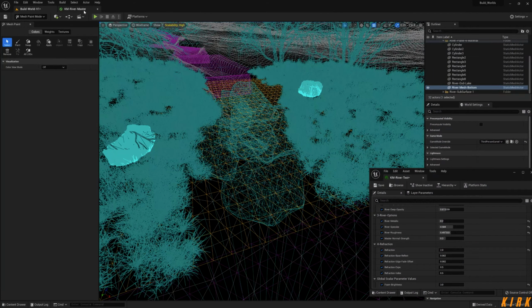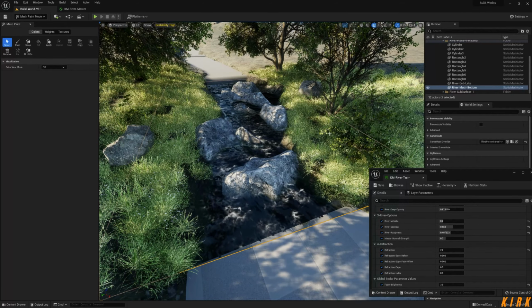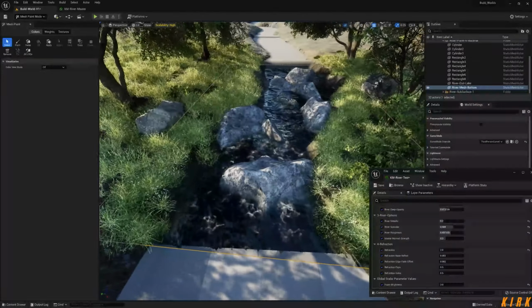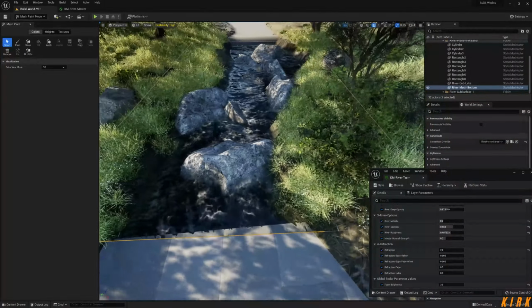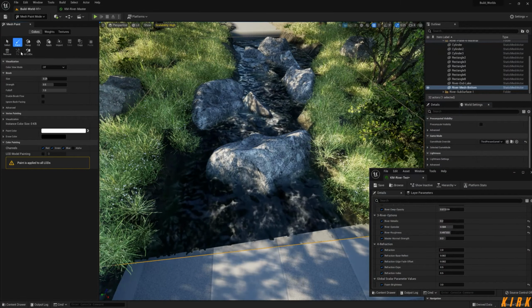And then what that means is we could change our different textures and just paint on what we want. But this is not a mesh paint mode tutorial. I'm just using it for now. If I hit paint,